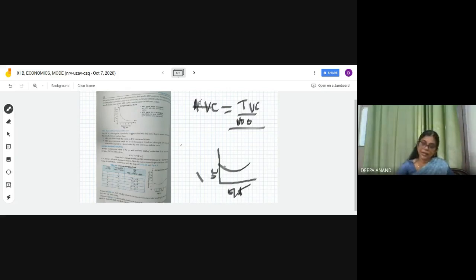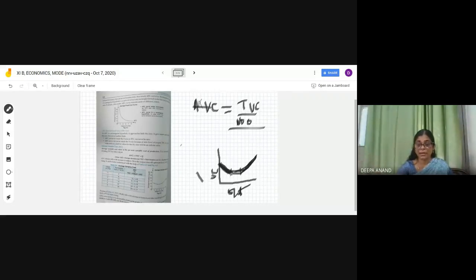Okay, so here you see average variable cost starts falling in the beginning, then it becomes constant, and then it keeps rising more and more. And you know why the cost is falling in the beginning? Because the cost is less due to the optimum utilization of the fixed factors. And at a point, it becomes constant. Once that optimum level is finished, the variable cost will be rising, because you are no longer getting the advantage of the fixed factors.